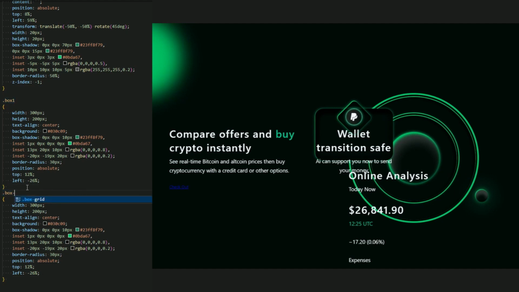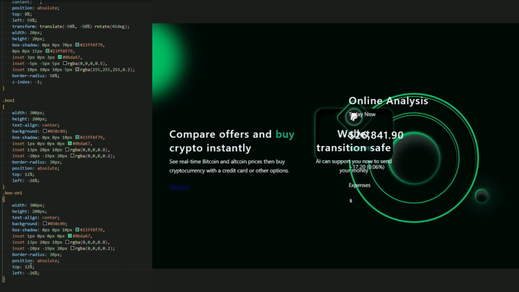Box 1: 300 pixels, the same, nothing to change, but let me just change the position. Just like I said, we just change the position. This is why I add a different name: 36%, and the left, let it be this. Okay, and add the opacity to add animation after we finish this style of the website.